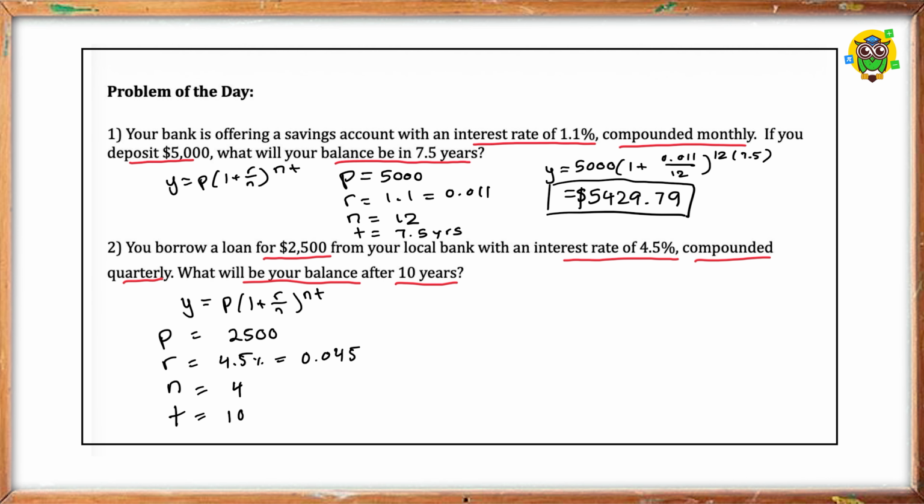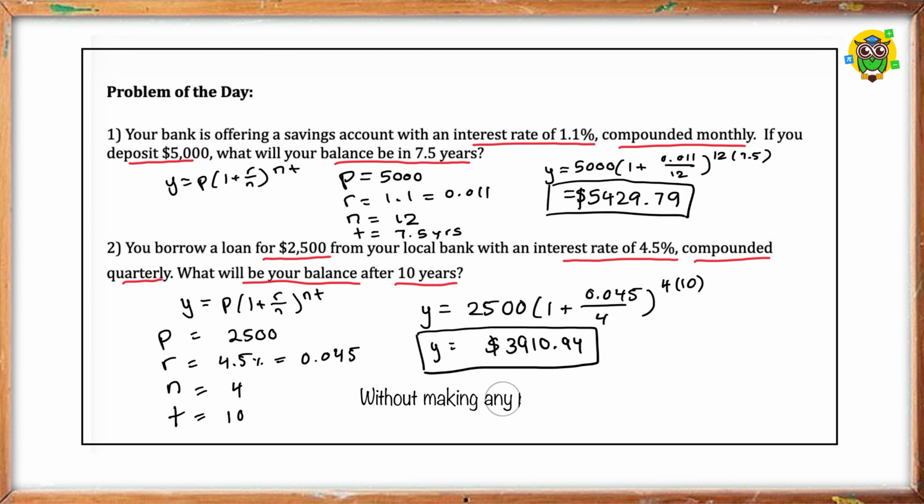We are going to substitute these values in. And we have y is equal to 2,500 times (1 plus 0.045 over 4) to the power of 4 times 10, solving for y. This is equal to $3,910.94. Without making any payments on the loan, the balance will be